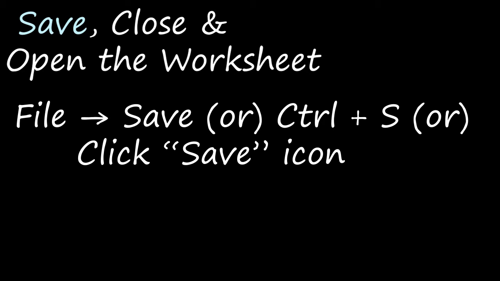There are three ways. First way is we can just go to File and select Save from there. Or we can just press the Control button and S button at the same time on the keyboard. Or else you can just click the Save icon from the toolbar, right? As soon as you click that, a Save As dialog box will appear. In that, we'll have a place to type the file name. You can just type the name, and this will be stored with the extension .ods. By default, even if you don't give this, it will be automatically saved in this format only.